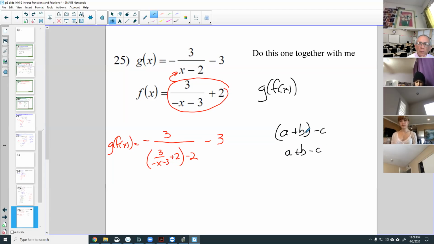Do I need the parentheses? No, I do not. I only need the parentheses if I'm multiplying. If I'm adding and subtracting, the parentheses might be nice to make it easier for me, but I really don't need them. Okay, so if I get rid of these parentheses here,